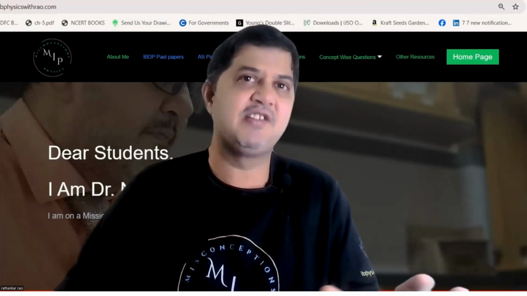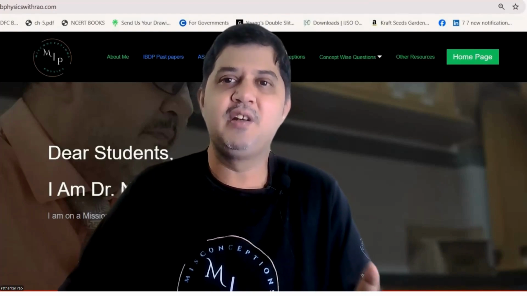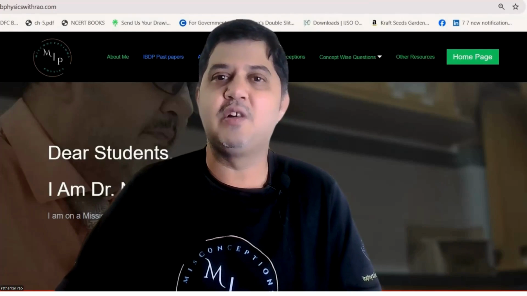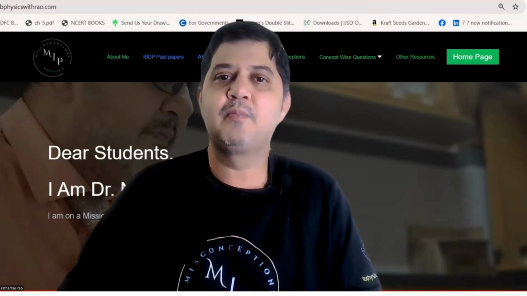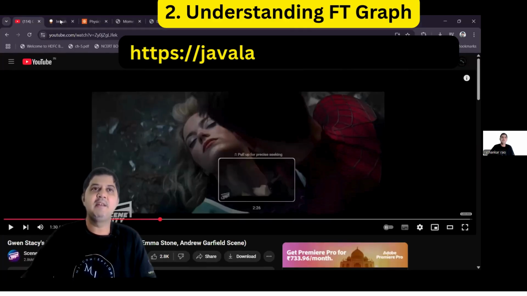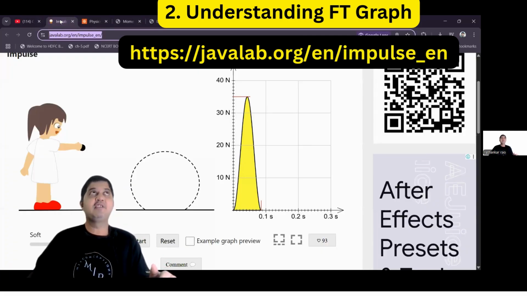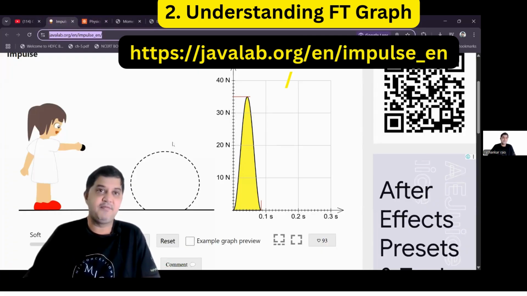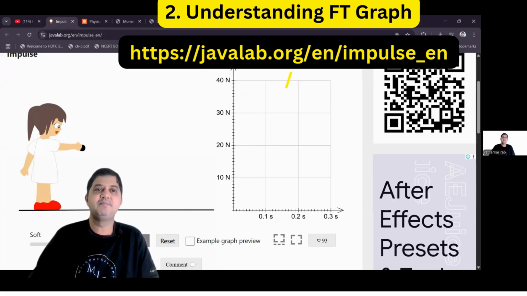There are many such simulations available in this. We'll look at them one by one. Now let us move on to the next one. This graph shows something like a Java lab, where a kid is throwing an object upward. Let me start this. Now she is throwing downwards, and as the object starts coming downwards,